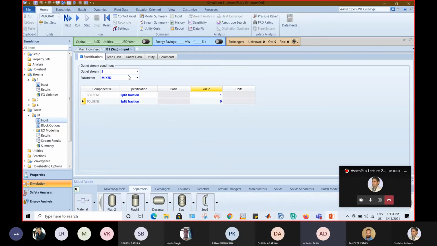In the outlet stream, we have selected 2. That means whatever specification or split fraction we are providing for that particular model, that is your component separator, we are giving with respect to your stream number 2. That is your top stream, the top outlet, you can say. So what specification have I given?